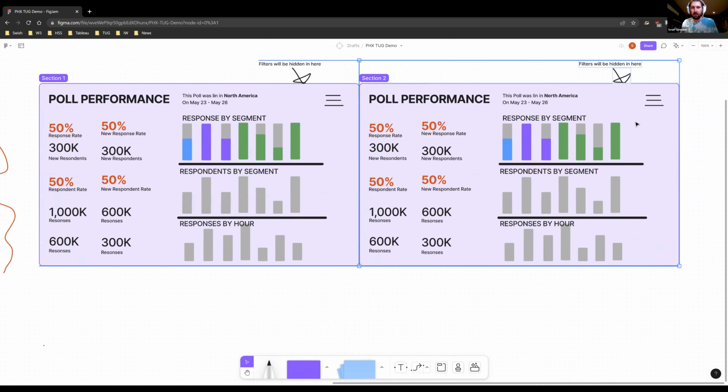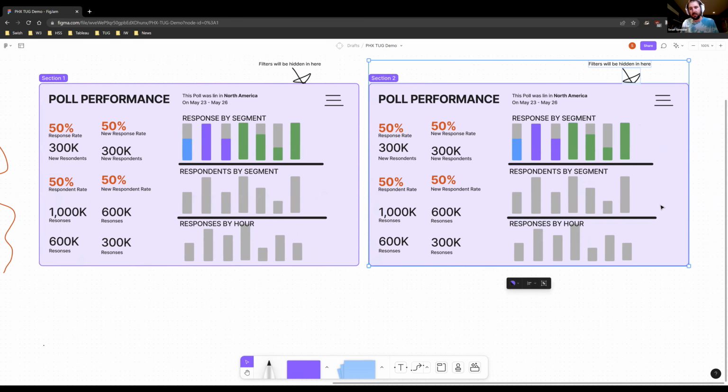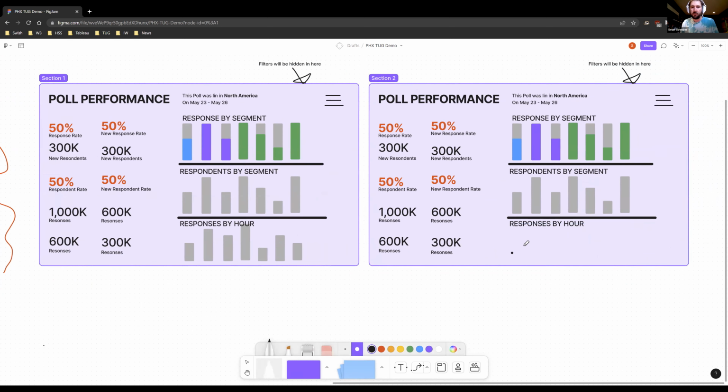And to be clear, I do this every time too, and I guess I should have called this out. Sometimes I will present things with more than one option. Does section 1 look better or does section 2 look better? Do you like the bar or do you like the line? And show them alternatives and give them the opportunity to have a little bit of buy-in or say so and not make it so final, right?